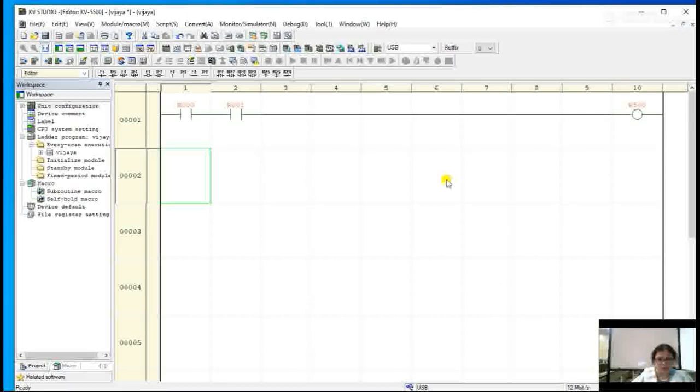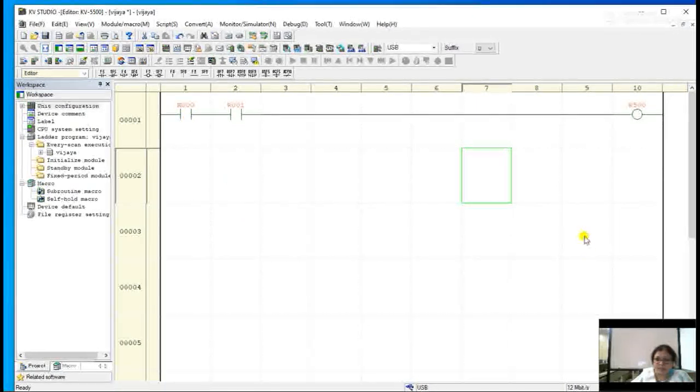Here, as a sample of how to use this tool, I'm taking the example of a simple AND logic where there are two switches. Treat these two as push buttons or switches connected to a DC source, these vertical lines as the DC source, and this as a lamp. I am going to show this connection through some logic diagram or switches in the PPT, but for the time being, in order to explain the tool, I am explaining it.